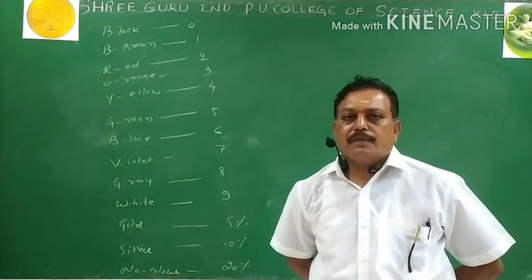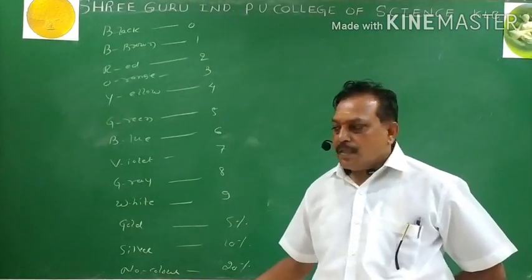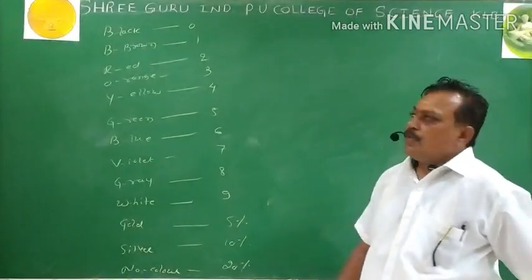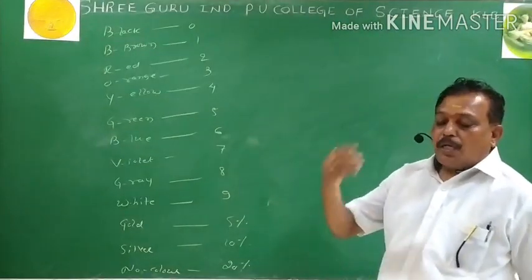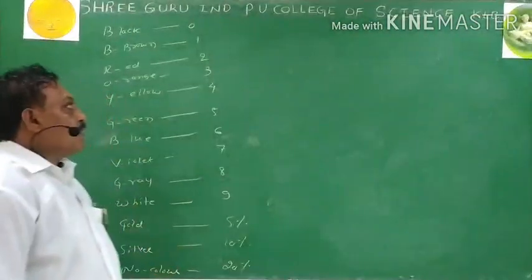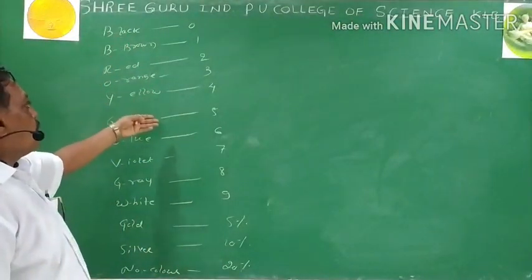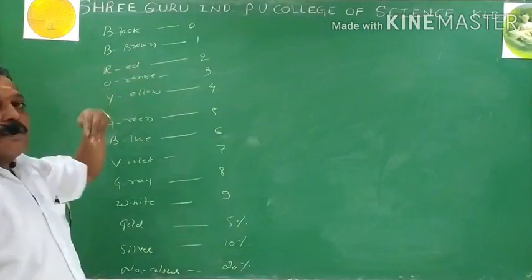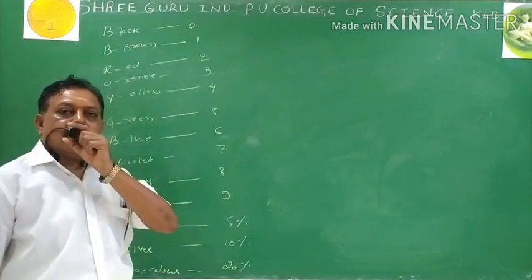Minimum expectation, that is 5%. Then double it to 10%. Then 20%. Now this is our chart. Then how to read the color codings? How is the resistor available? Sir, we have not seen the resistor. We are telling that the color codings are there. By reading the colors, we can recognize the value of the resistance.